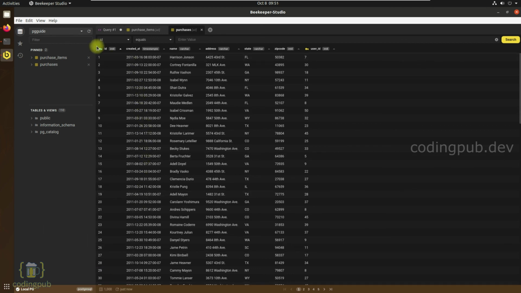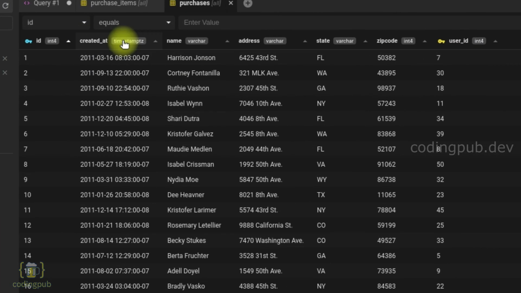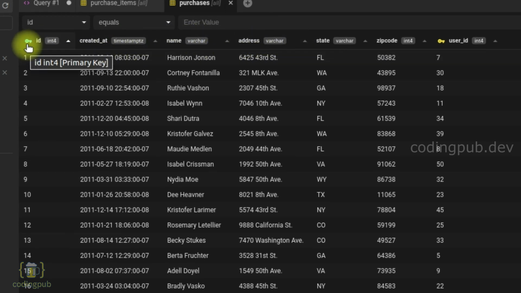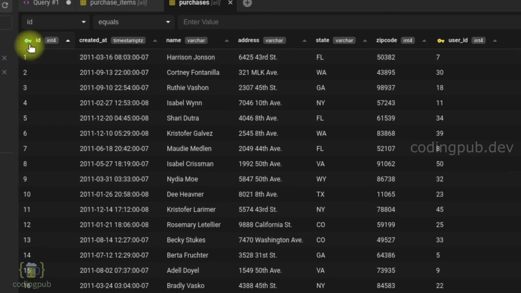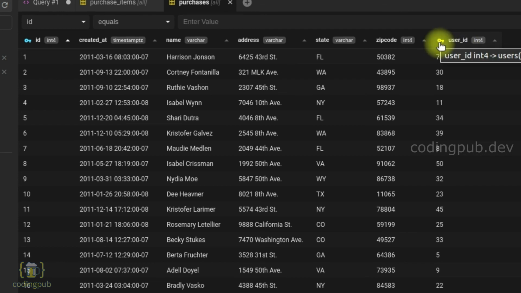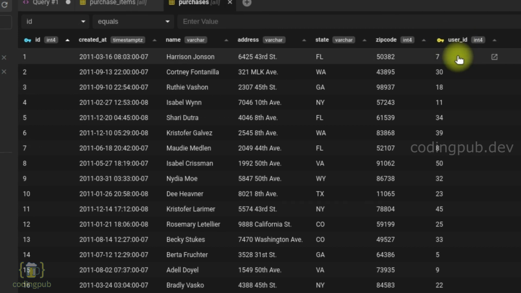And if we look at the header row of this table, you will be able to see the name of each of the columns available in this table, and you will be able to see the type for each of the fields also. And in the first field you can notice a blue key, and it denotes that this column is the primary key of this table. And if we go to the last column, which is user ID, you will be able to see the greenish yellow key, and this represents that this column is a foreign key to the user table.